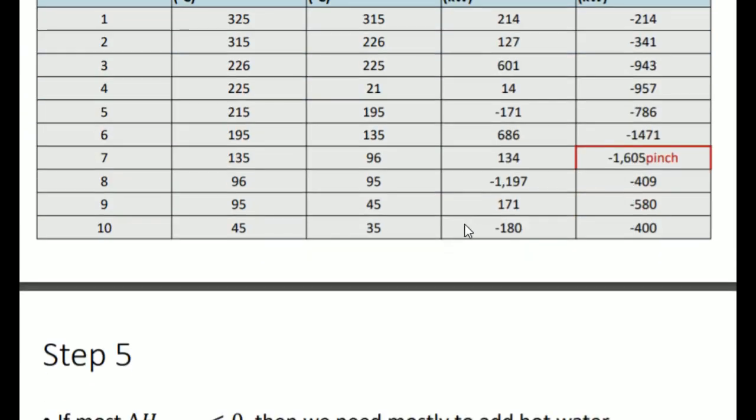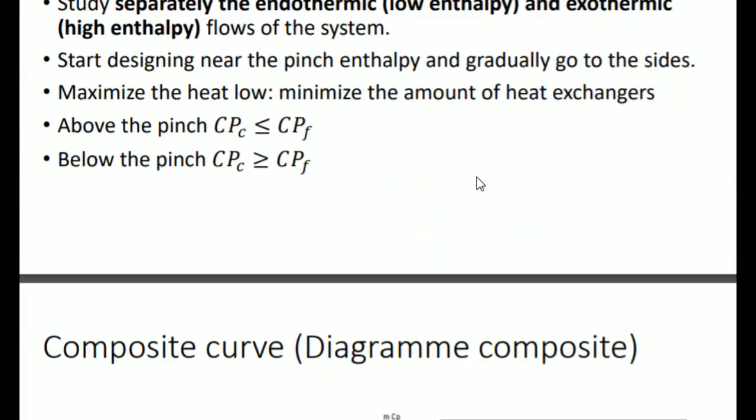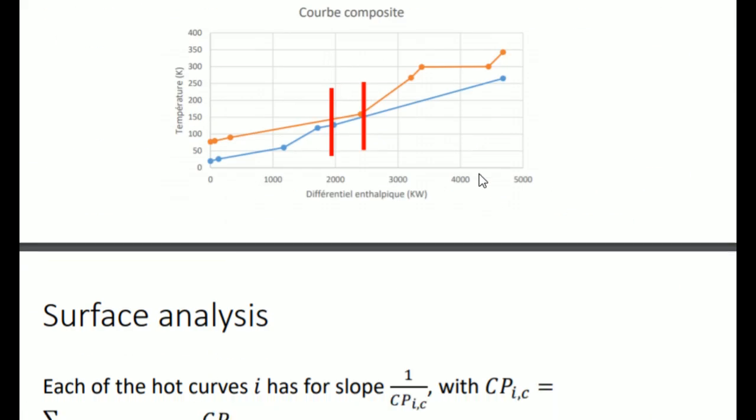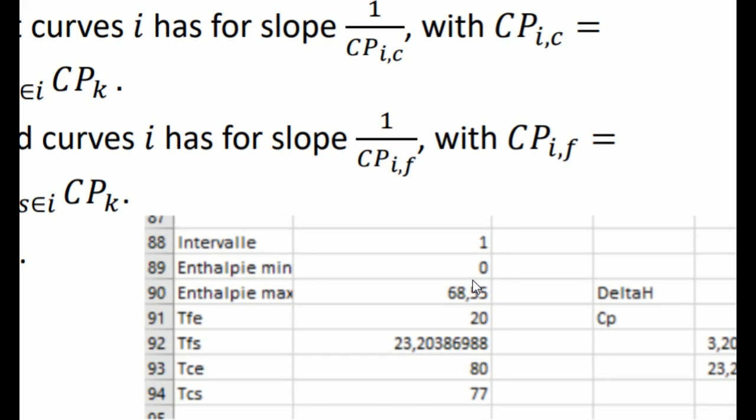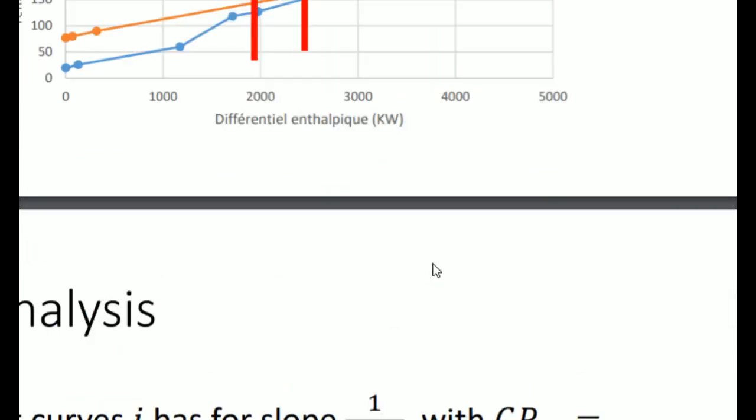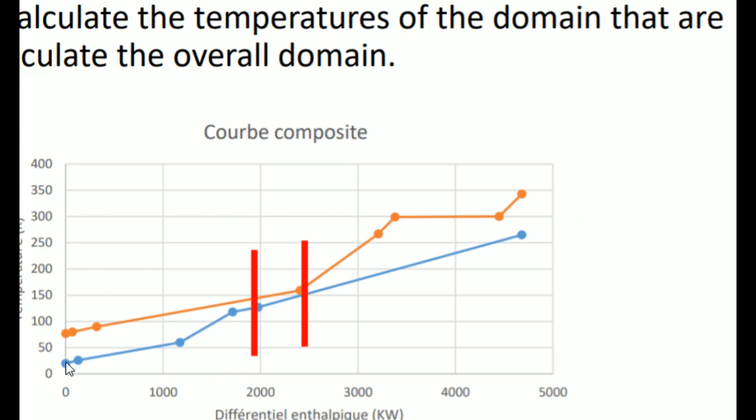Now, let's come back further. Now, I have my enthalpies for the interval. What do we have? We have the temperature TFE, so TFE means inlet, right? Remember? The first temperature is 20, because we start at 20. It's the temperature we already have. We have also this temperature and this temperature.